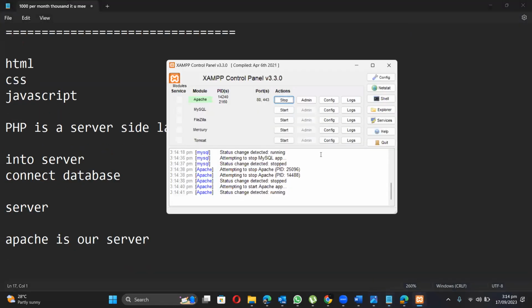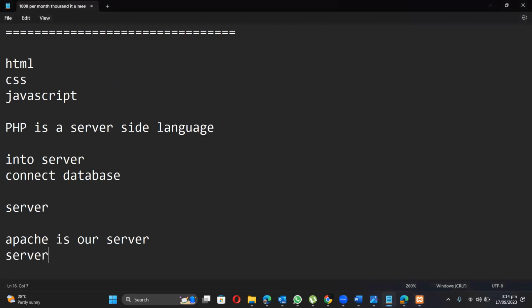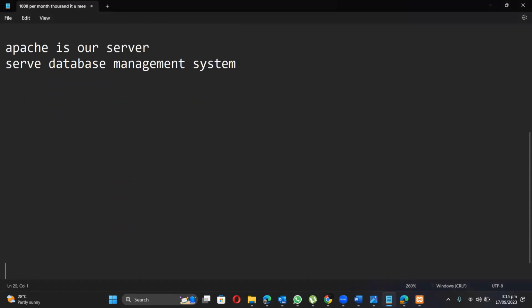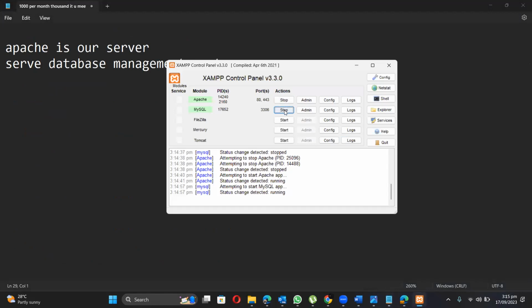The next thing we need to put on is our MySQL, which is going to serve as our database management system. So if I have put on my Apache and my MySQL, it means that now I can access my database